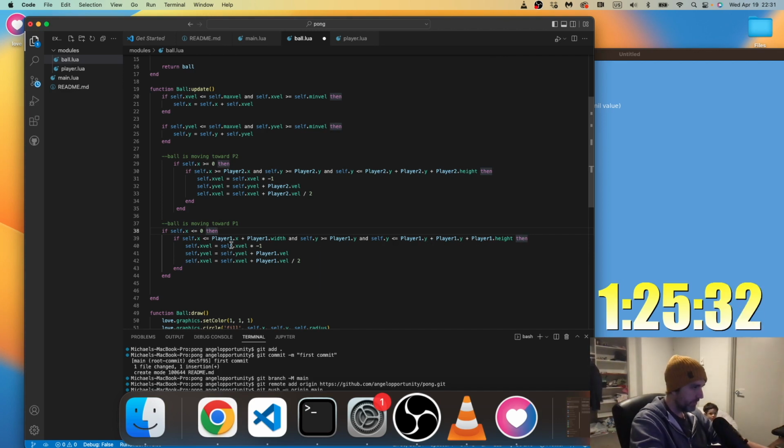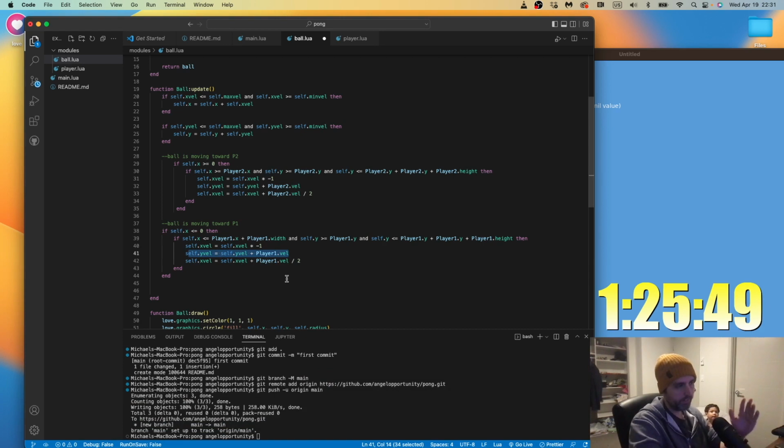Then self.xvel equals negative self.xvel. Yeah, that bounces. I didn't talk about this by the way, but basically the velocity is multiplied by -1, which changes the direction, which is like a bounce. And then what I did here is I'm trying to make it so that if you're moving the paddle quickly, it will transfer the force. This was just a random guess at making it so it can go faster back and forth. This might not be right. I'll have to adjust that, but we'll see.